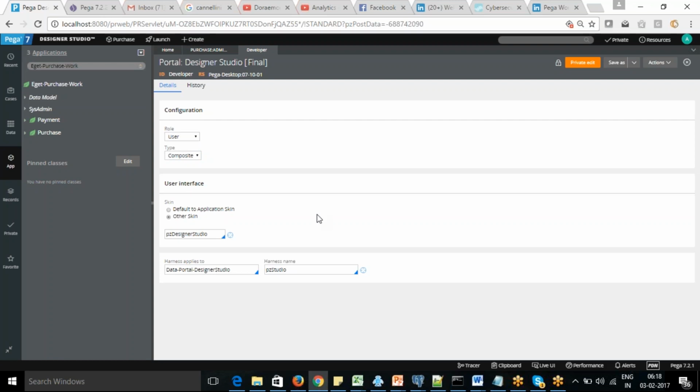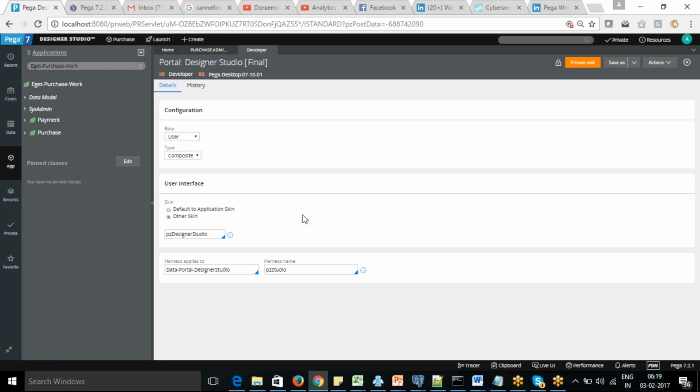Okay, and then the interface. Basically we call it the look and feel, how that is going to be decided. There is CSS, a lot of CSS has been written, so that for the Designer Studio there is a scheme rule. In Pega we call it the scheme rule, which decides the look and feel: if you are using a drop down, a radio button, a checkbox, a label, any text, any date control, how that look and feel should be displayed to the user. That we can achieve from the scheme rule. So I'll show you what a scheme rule is.